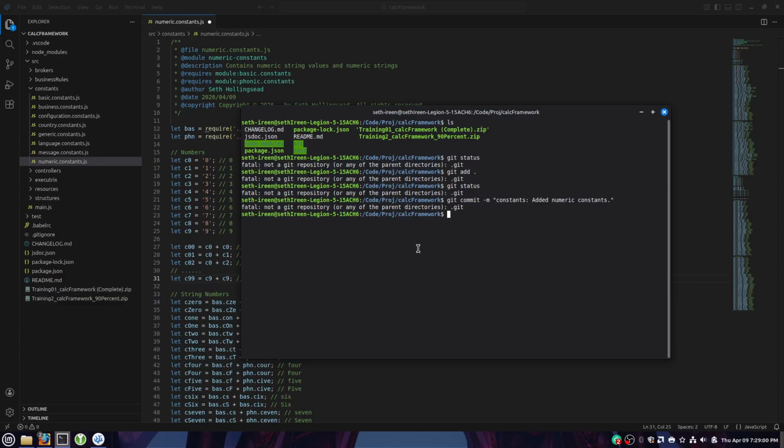And at the very end of this season, the constant season, when we're done with all of them, I'll show you how to merge that constants branch back to your main branch, right? And so this is part of your merge and branch strategy. And this is standard agile practice. It's a standard